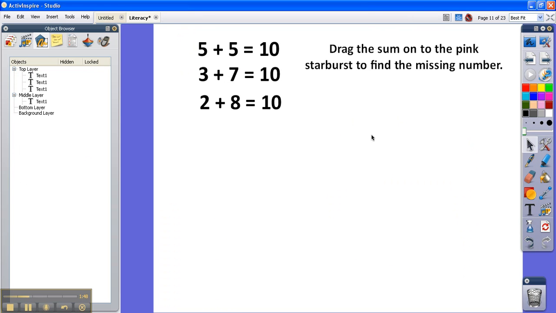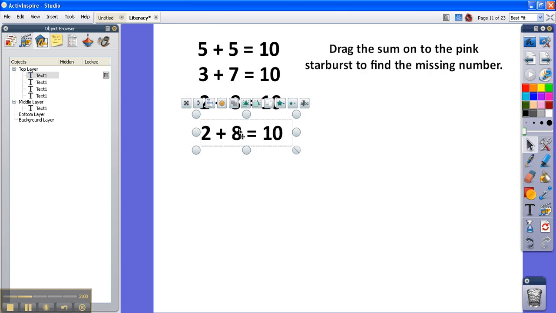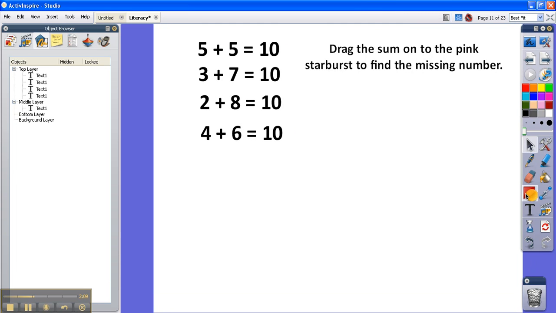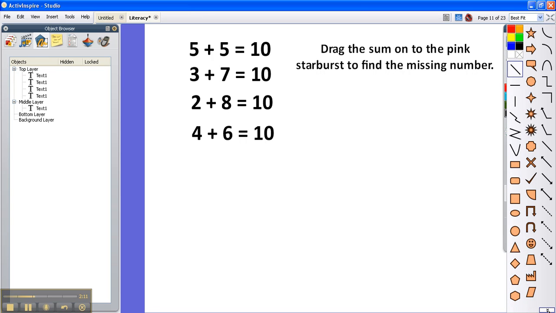The second one that I discussed in the article is using some hidden text. So what I've got here, I've got my text and I've got algorithms. If I want to type another one there, I might just duplicate that one so I know the text is the same. And we'll make this one 4 plus 6 equals 10. So now I'll go into the shapes, and I'm going to go down to the extra menu here to draw my starburst,